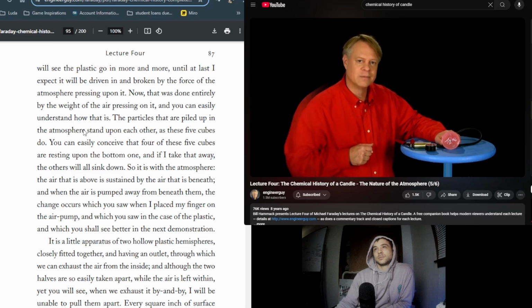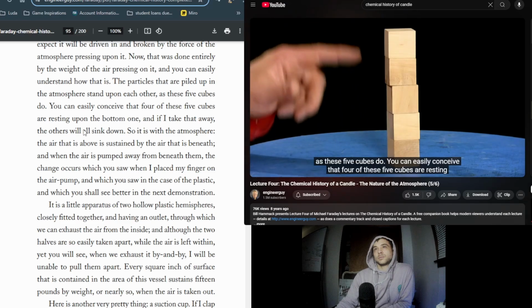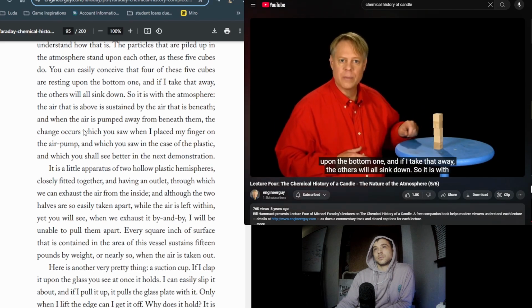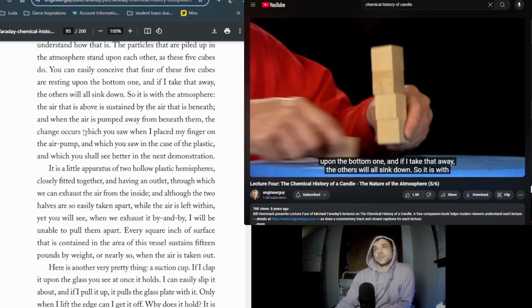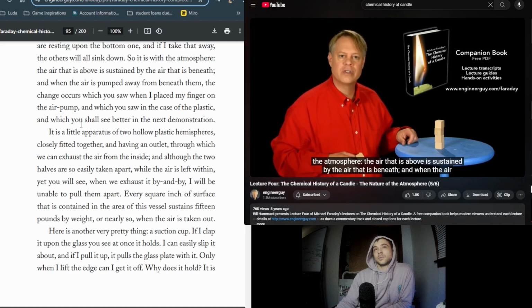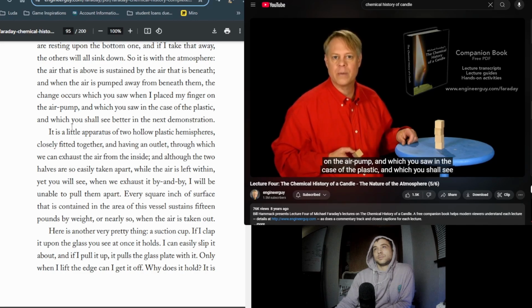Now, that was done entirely by the weight of the air pressing on it, and you can easily understand how that is. The particles that are piled up in the atmosphere stand upon each other as these 5 cubes do. You can easily conceive that 4 of these 5 cubes are resting upon the bottom one, and if I take that away, the others will all sink down. So it is with the atmosphere. The air that is above is sustained by the air that is beneath, and when the air is pumped away from beneath them, the change occurs which you saw when I placed my finger on the air pump and which